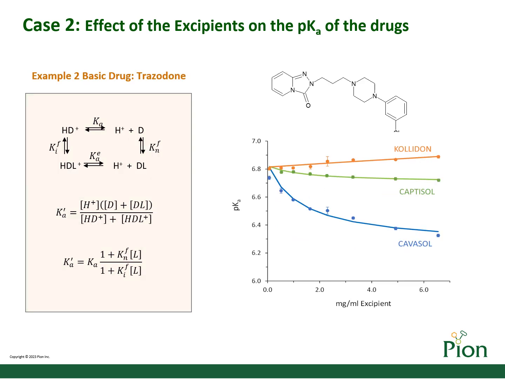Opposite behavior is observed with trazodone, a base. In the case of the cyclodextrins, the increase of the pKa shift with the increase of the amount of the excipients is to a lower pH, which confirms that the neutral species is interacting with the excipient and so the concentration of the neutral species in solution decreases, disturbing the aqueous equilibrium of the drug, causing the pKa shift to a lower pH. It is observed that Kleptose has a greater interaction than Captisol,